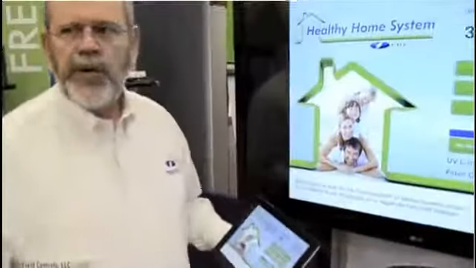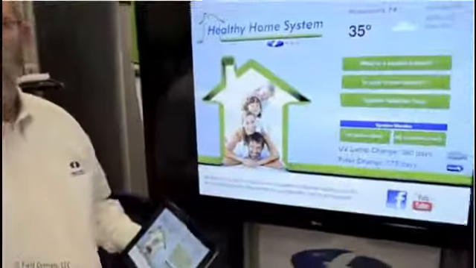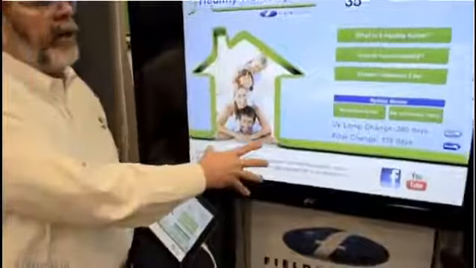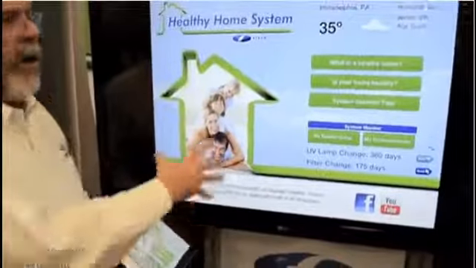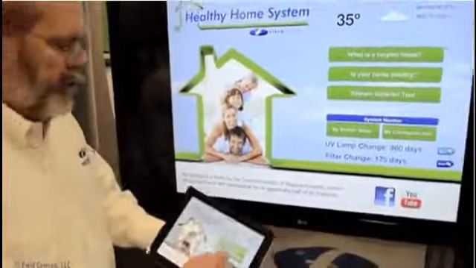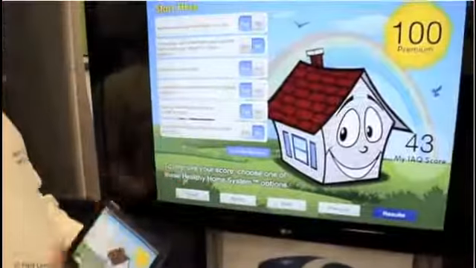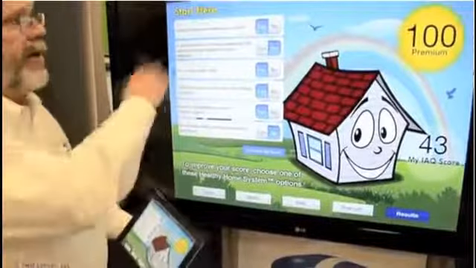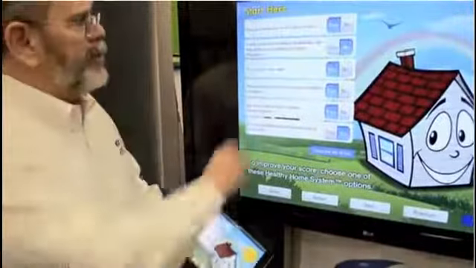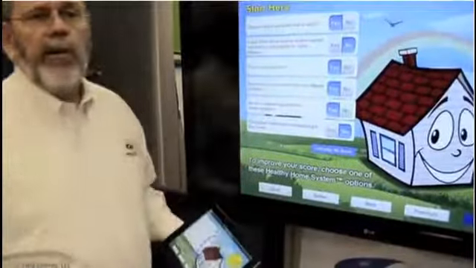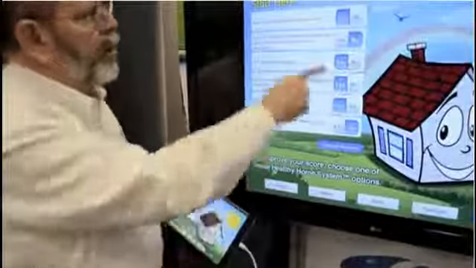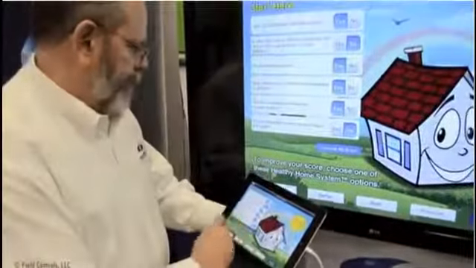So that's the first entree in the introduction. Now it becomes more personal, and again, the homeowner can do this on their own, or if you've got this application on an iPad or on a Droid tablet, you can sit down at the kitchen table and take them through this and they actually interact. There's basically 6 questions. 2 questions are centered around ventilation, okay, that's fresh. 2 are centered around particulate capture, that's clean. And 2 are centered around germicidal lamps, which is pure. So basically you take the homeowner through the questions, interface with them,